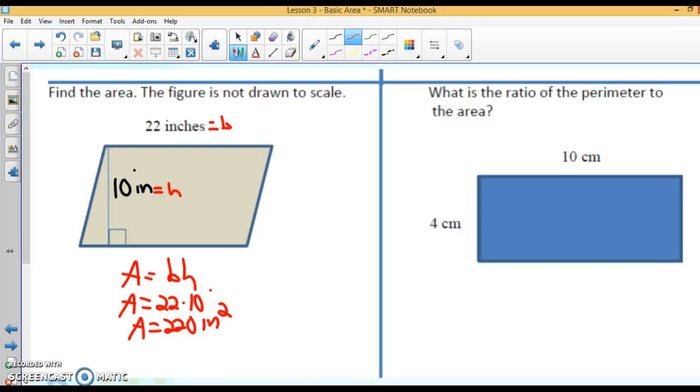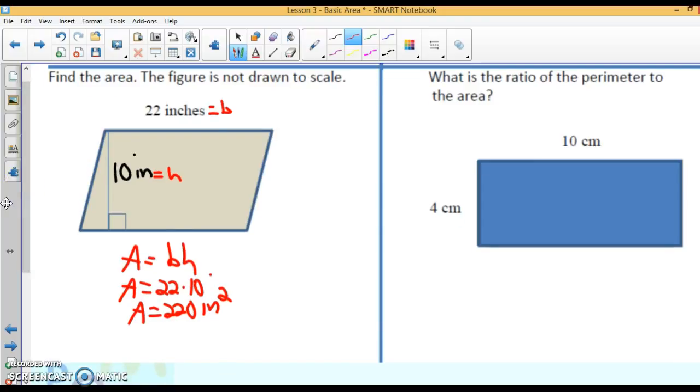What is the ratio of the perimeter to the area? Well, before we do this, we got to find the perimeter and the area. So my perimeter